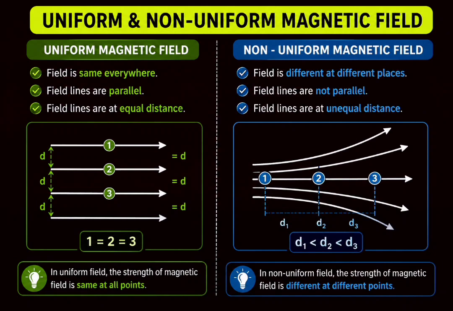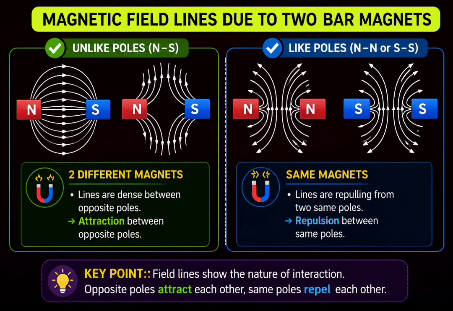Now, let's see magnetic field lines due to two bar magnets. When unlike poles, that means north and south poles, are brought close together, the field lines join between them. This shows attraction between opposite poles. The field lines become dense in the space between the magnets, which means the